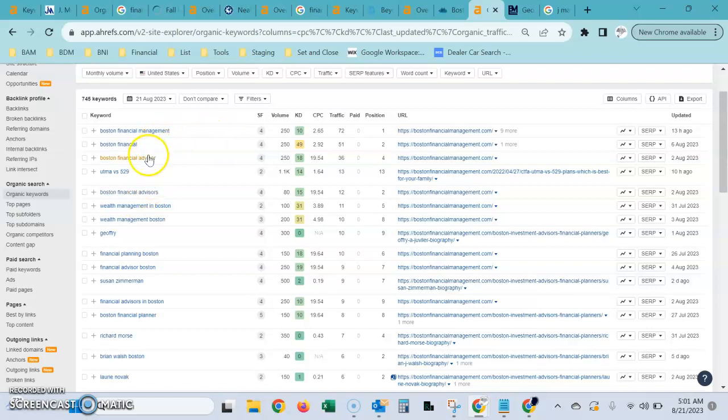So as far as ranking for the keywords, let's say you wanted to have a presence in Boston. If you had Boston Financial Advisor ranking and your page was in the top 3 or 4 results on that search page, those 250 people per month will be seeing your website. Google Analytics estimates that about 10% of total search volume should convert into a lead. So you're looking at 25 people a month contacting you, whether that's through a contact form, email, or calling you directly off the website.